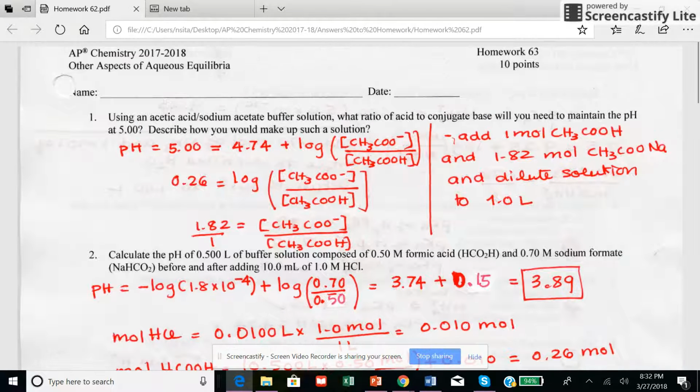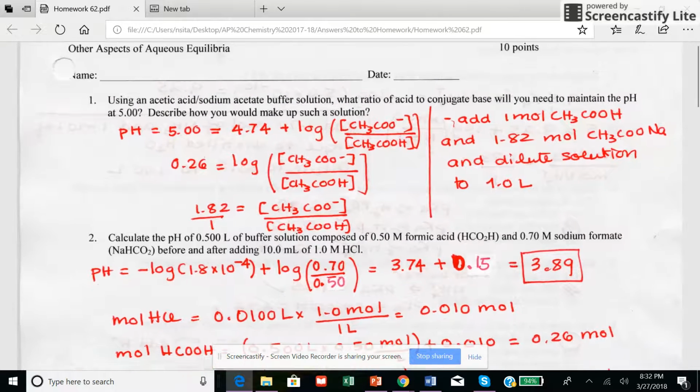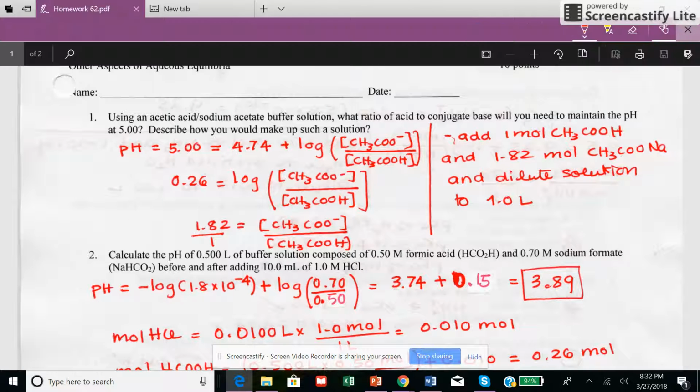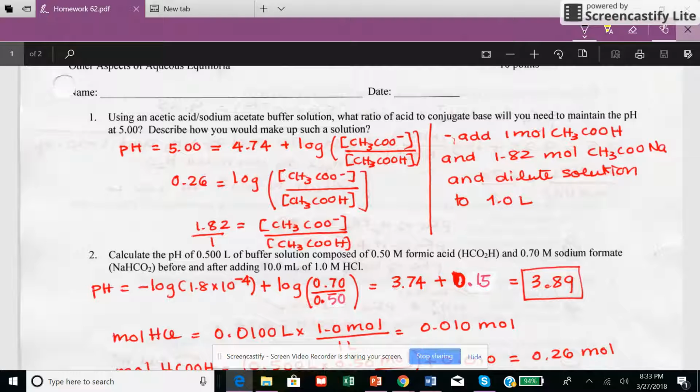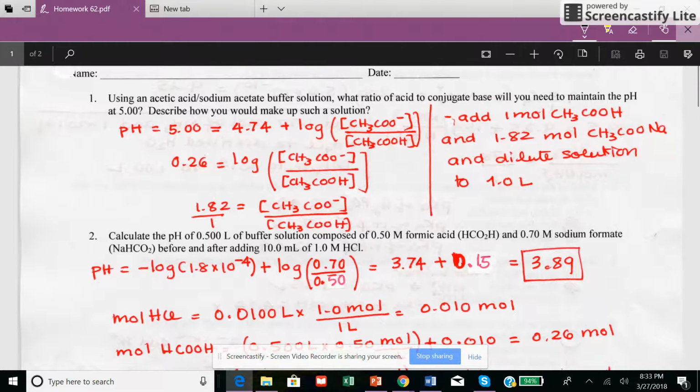Okay, so this is the homework 62. Okay, not 63, it's 62. And this is basically acid base. This is buffer reaction. Number one is easy because all this is asking you is to find the ratio of the